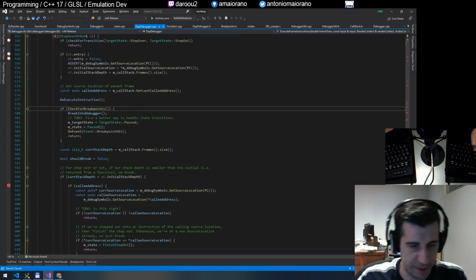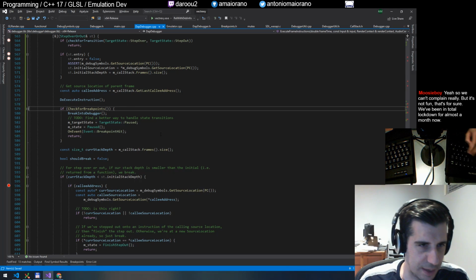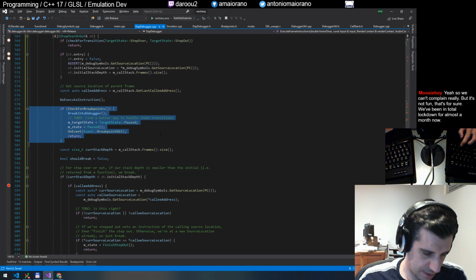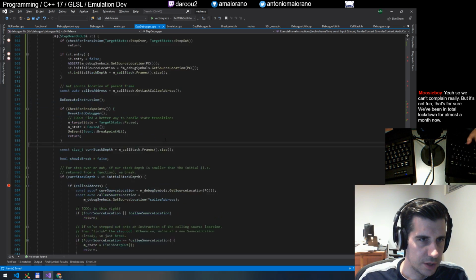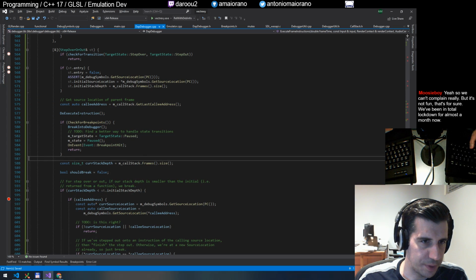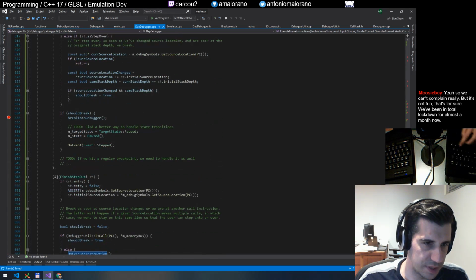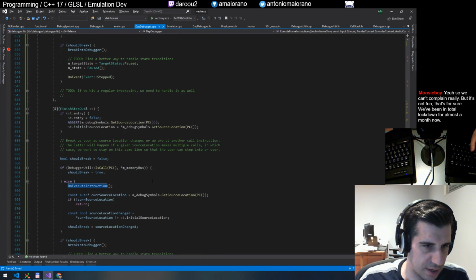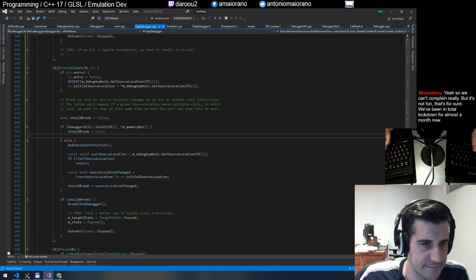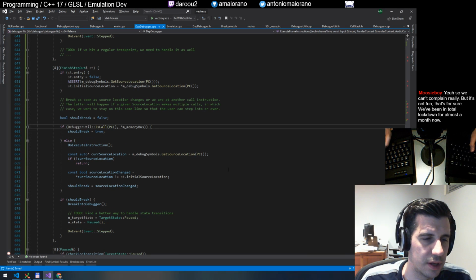So this to-do, find a better way, I do have a plan for this, and I will address it in my refactor. So now this gets me to do this properly here. I'm very close to just putting this into the do execute instruction, but we'll see. And then similarly, over here, in the finish step out,